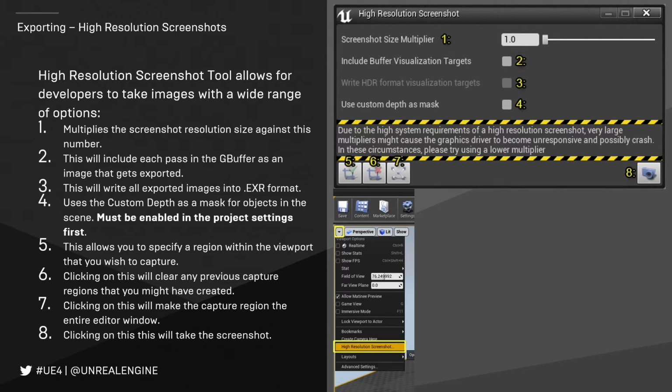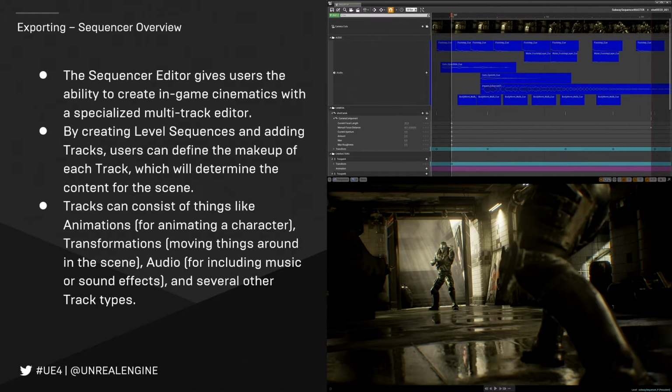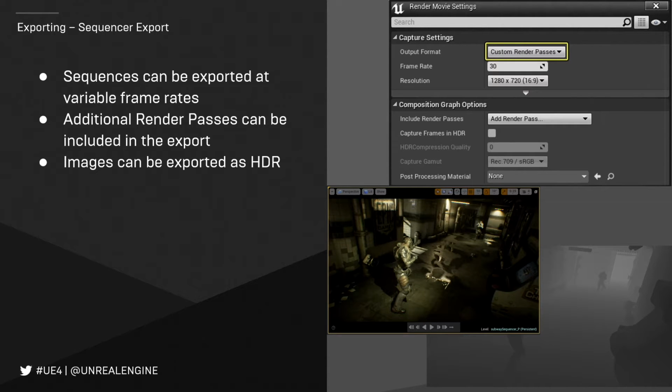Now, the other option for exporting content is Sequencer. So Sequencer is Unreal Engine's cinematics tool. It's very easy to just add down video and export these as video files. But what I think is incredibly important is, while it's easy to make a sequence, many people don't realize that you have the ability to export these, again, at any resolution you choose to. So it'll go through, and even if your project isn't running at 100 frames per second or even 5 frames per second, you can output a 30 FPS video file. It'll just take its time to render, and it'll output it at whatever resolution you choose, at whatever frame rate you choose.